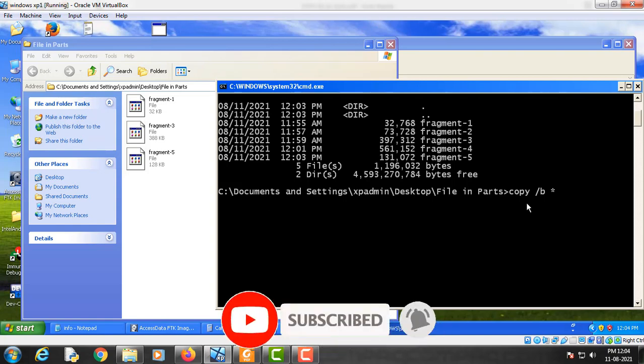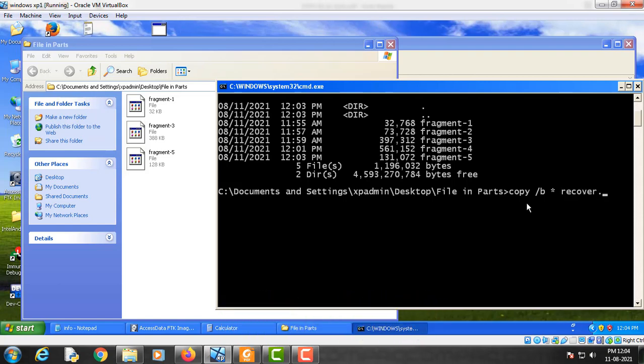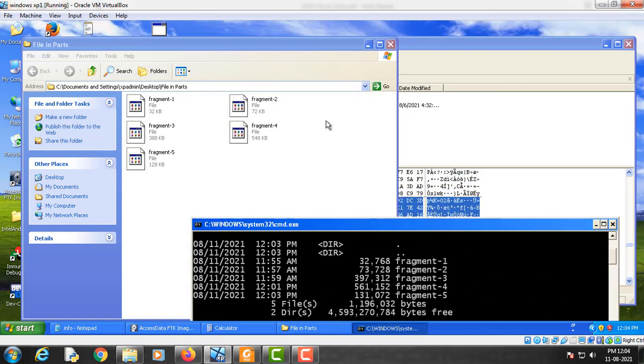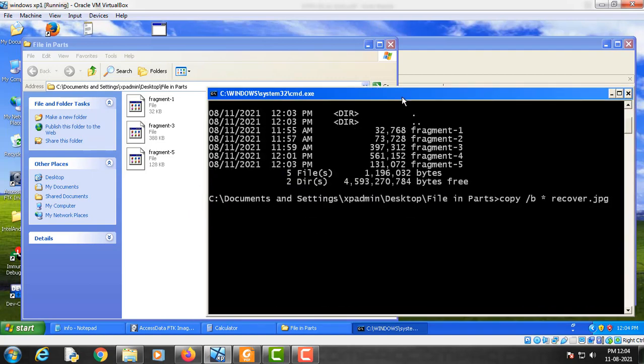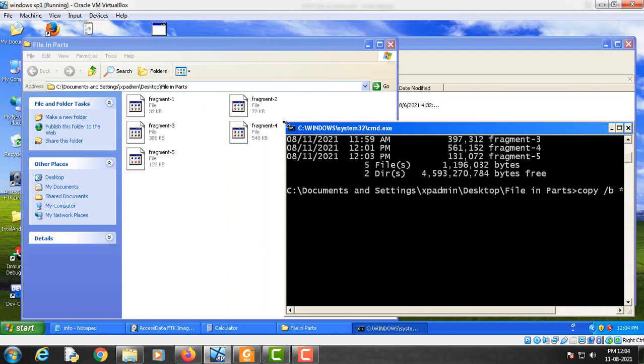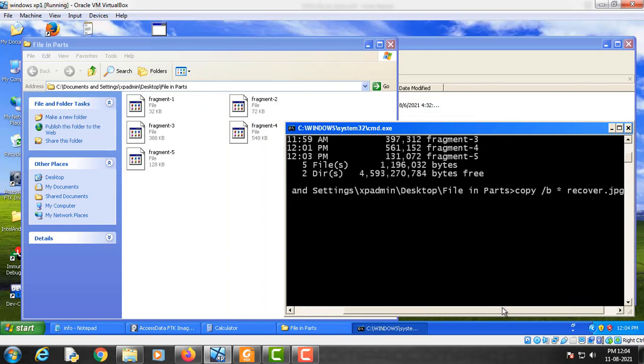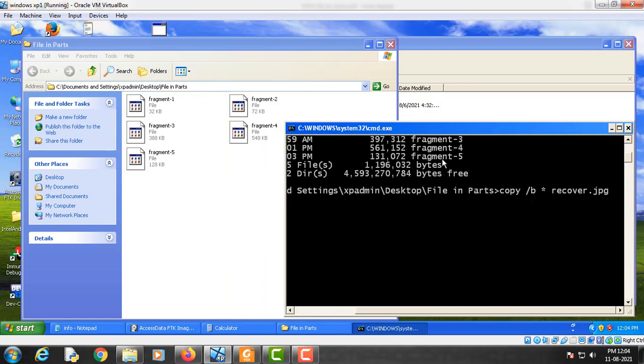As you can see here, there is no file by the name of recover.jpg. Let me copy this. So as soon as I press enter, you will see a file here by the name of recover.jpg. So let's press enter. So as you can see, our file has been copied,